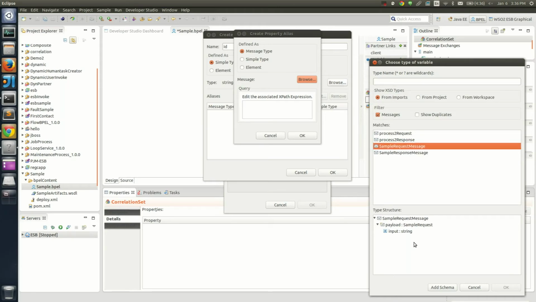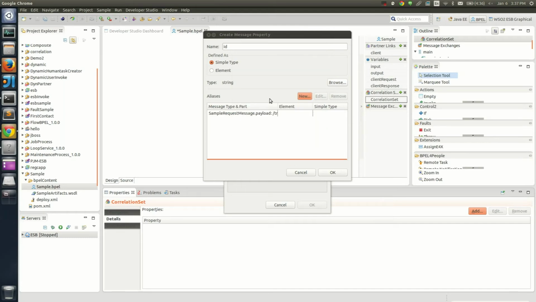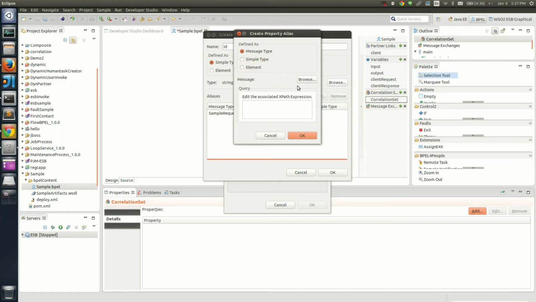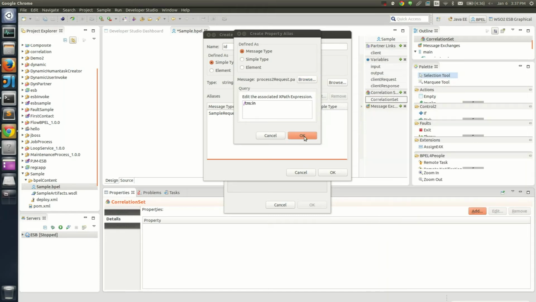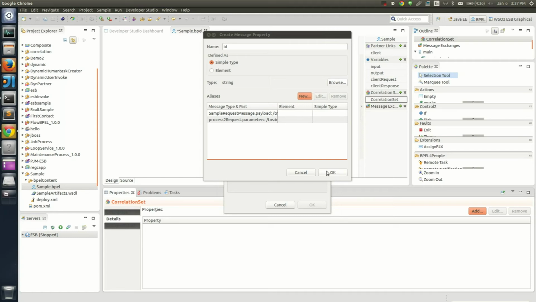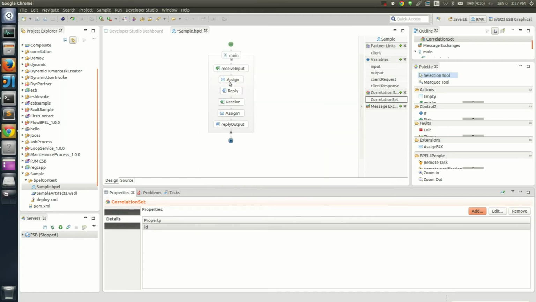In this case, the input parameter for the first receive operation and the in parameter for the second receive operation. After adding the two aliases, we have successfully defined the correlation set.